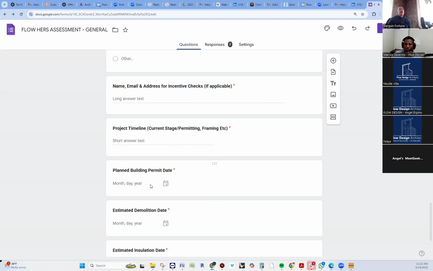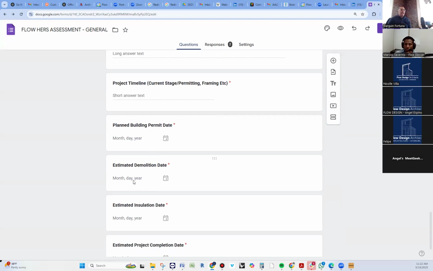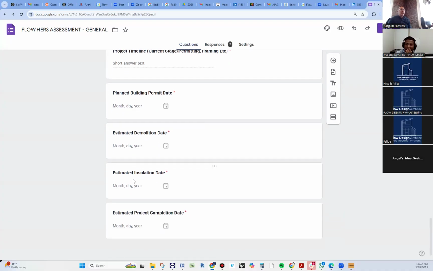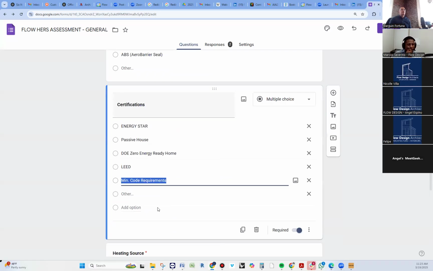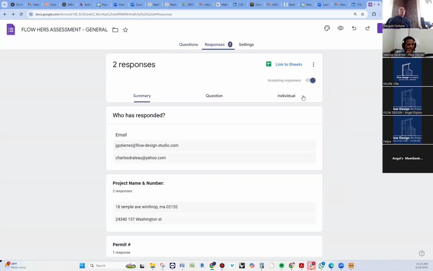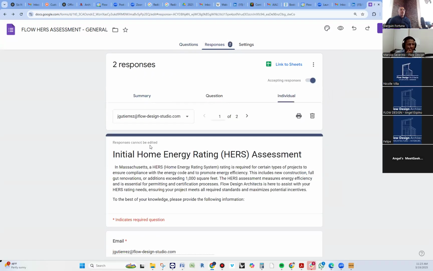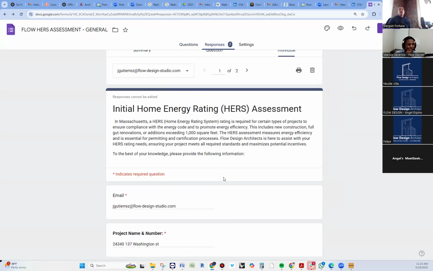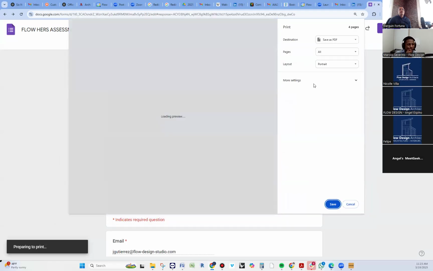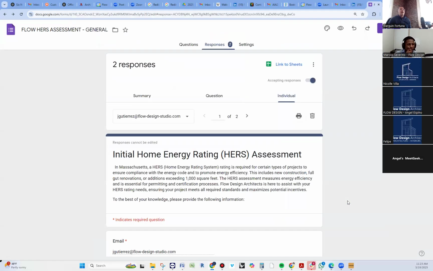If not, you can just ask the client and the contractor about it. Plan building permit day, estimated demolition date, estimated project completion. Those are all estimated. No worries about that. Then you will print this to PDF. Literally, you go into response. Julio actually filled one out himself for the client, which is good. You did that. So print to PDF and send to AJ and Herb and say, hey, AJ, remember the project